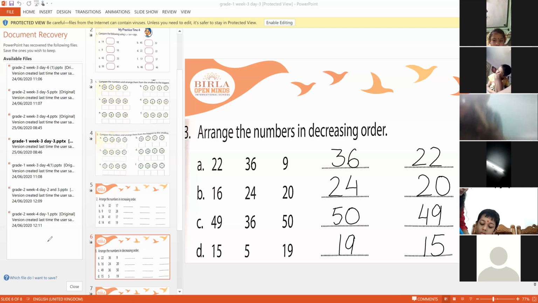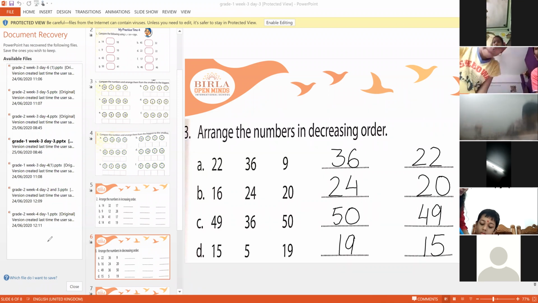Children, please check your answers also. Yes, children, please check your answers. Okay. So now listen here, children. Those who have completed this work, I request you to come to page number. Okay, Advait, I can see your book. Very good, Advait. Yes, now children, I hope you all have completed your work.